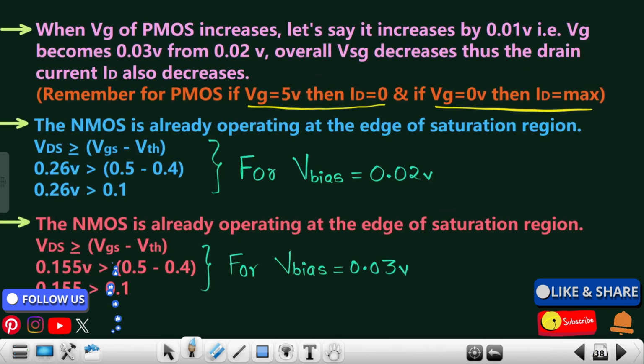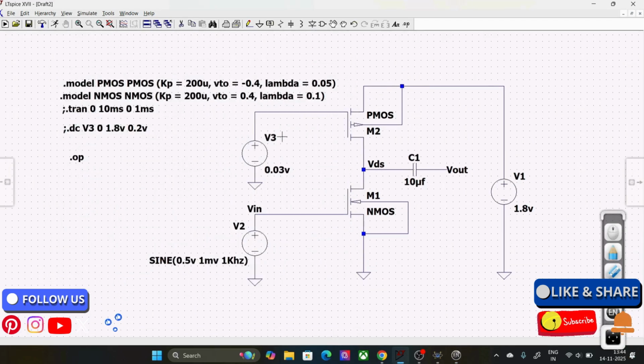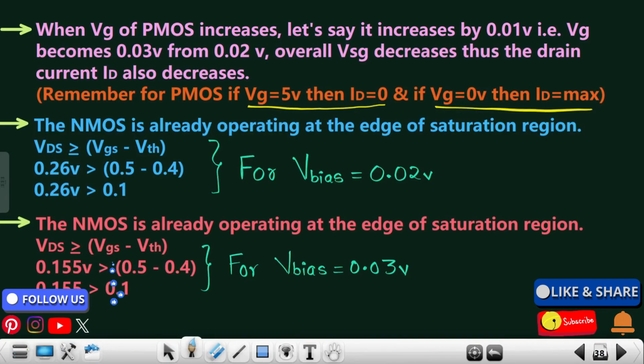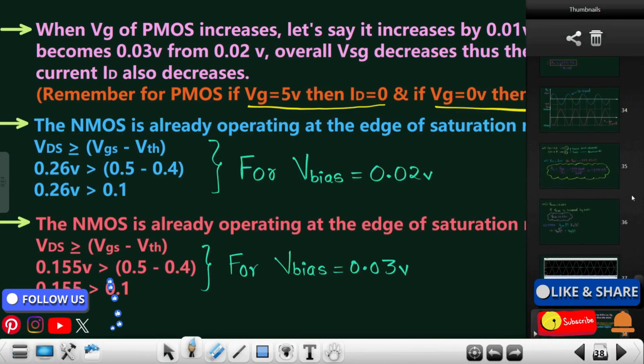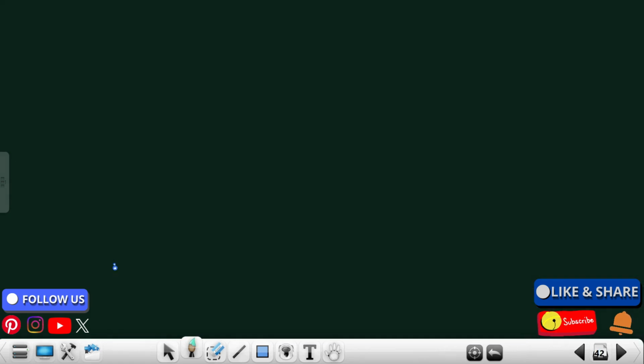We can conclude that your gain is highly dependent on this particular biasing point. This is the most important point that we need to figure out over here. Let me just write over here properly the points that we just concluded. So this was the very first point, that is the gain, AV, of this particular circuit, that is CS amplifier